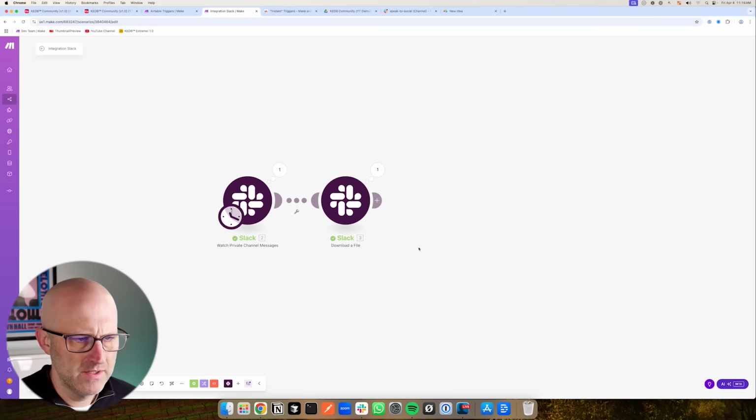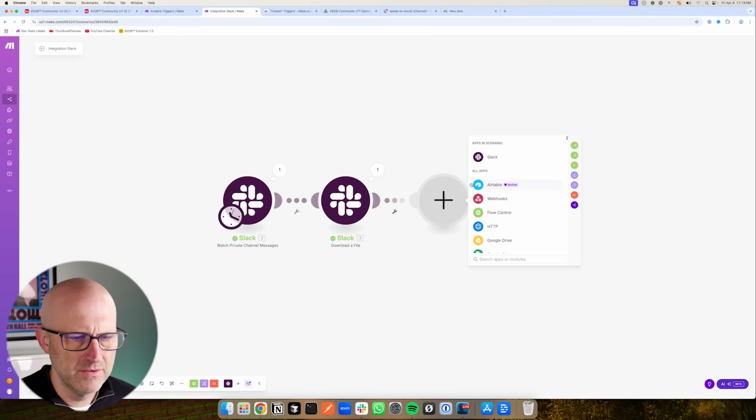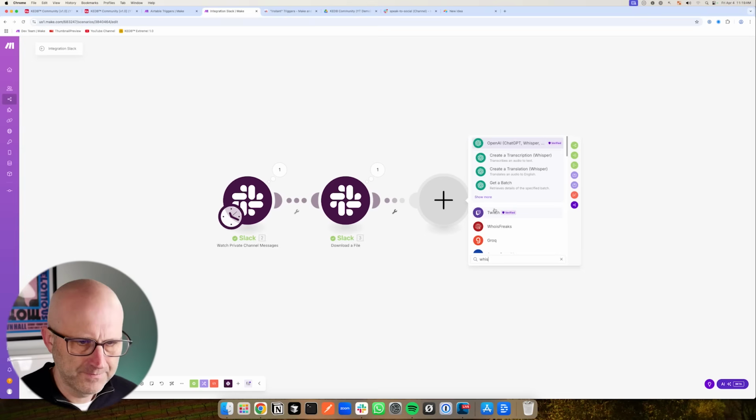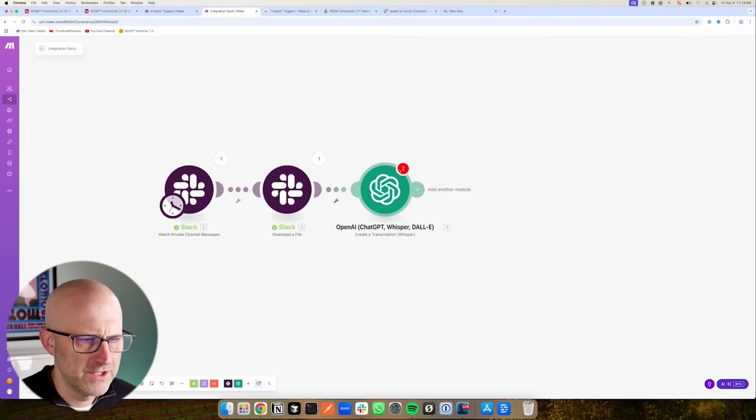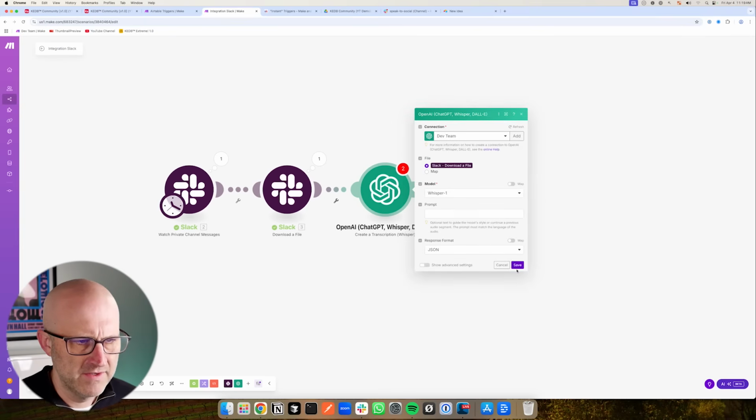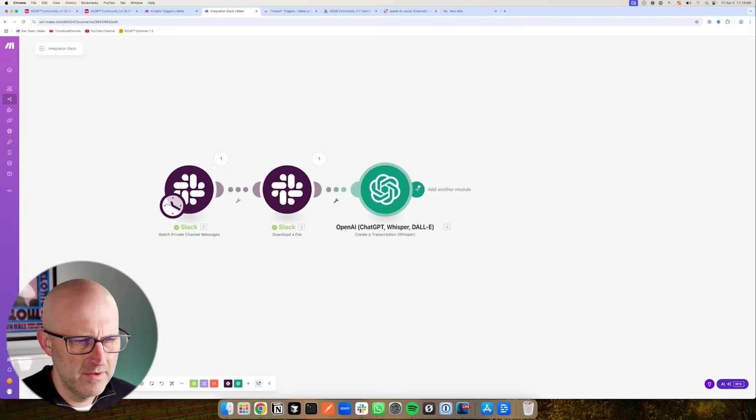Now what we can do is pass that into ChatGPT Whisper, create transcription, and map in the file from this module here. We can go ahead and use Whisper, leave the prompt blank, and leave the response format as JSON. Again, it's showing some errors here. Go ahead and resave it to get rid of that. I haven't run this, but we can go ahead and